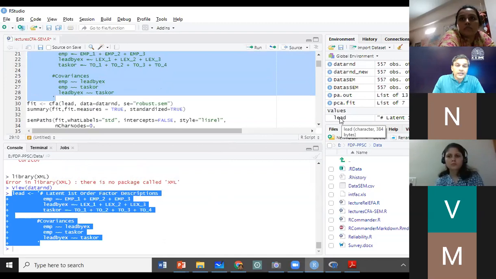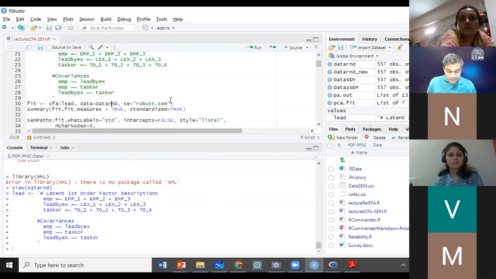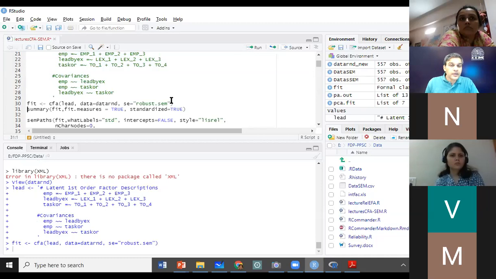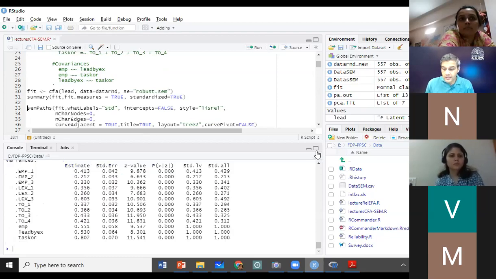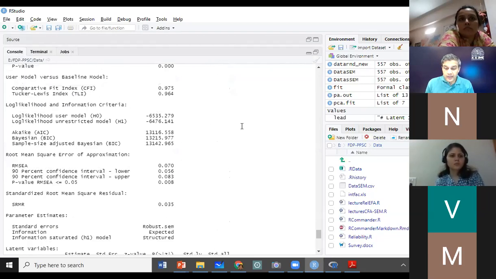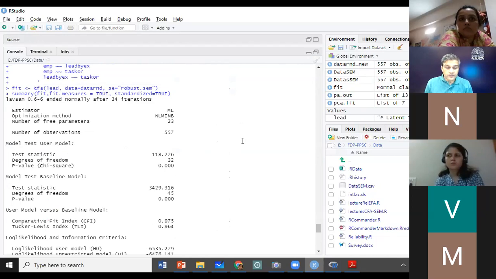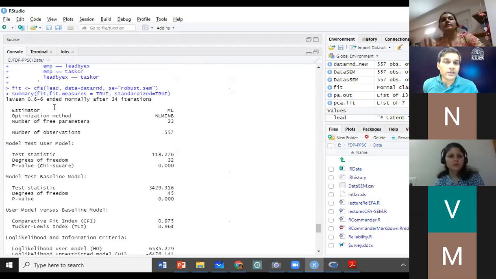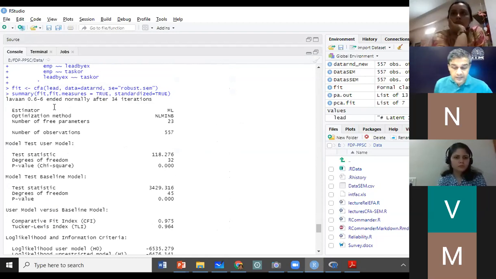Then let us run the command CFA lead data R&D. It has also run, and now I report the result of my analysis. Have you run this, everybody? Yes, you can try this out and see the result.